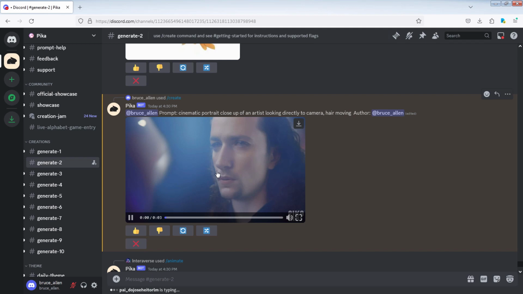Time. If you want to learn how to use Pika Labs image to video, allowing you to animate any image,